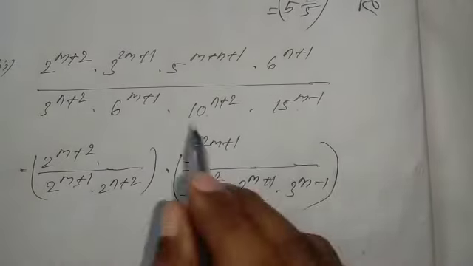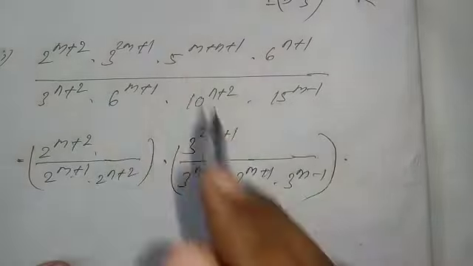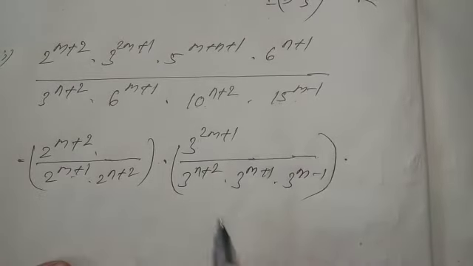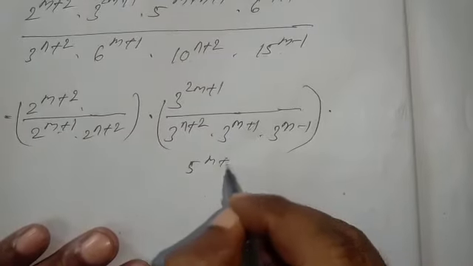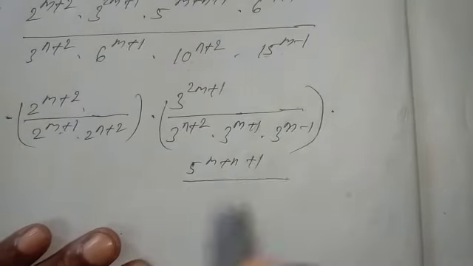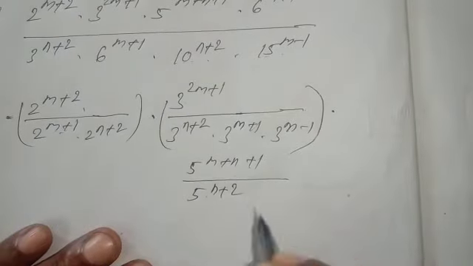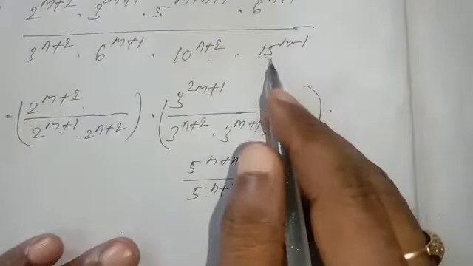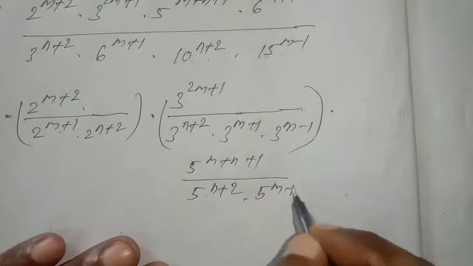Next is left 5. Okay, here 5 to the power, I am writing here, just see, 5 to the power m plus n plus 1 divided by, here 1 of 5 is left, 5 to the power n plus 2. And here also 1 of 5 is left because I have taken 3, 5 3 are 15, 5 to the power m minus 1.